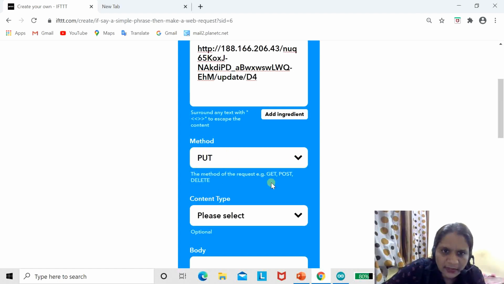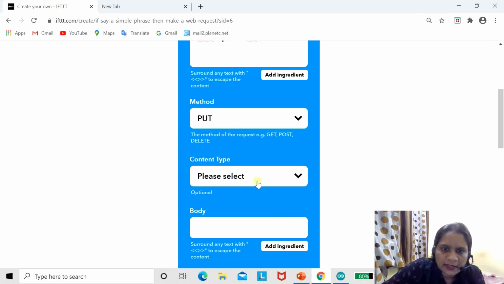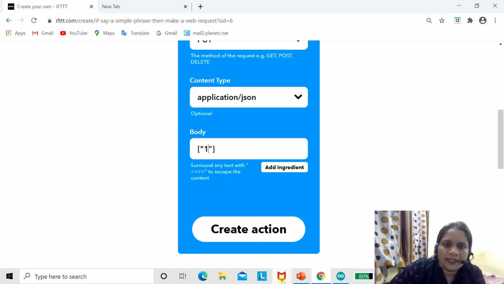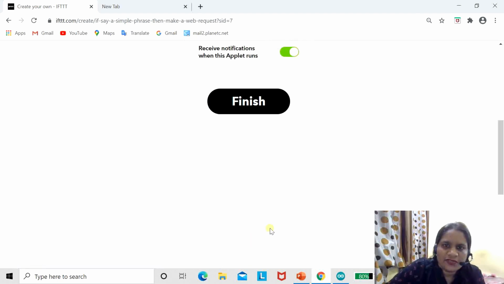Select application JSON, and in the body we want to make the LED on. So in square brackets, inside double quotes, put 1. We want to make the LED on, so put 1 and create action. Finish.